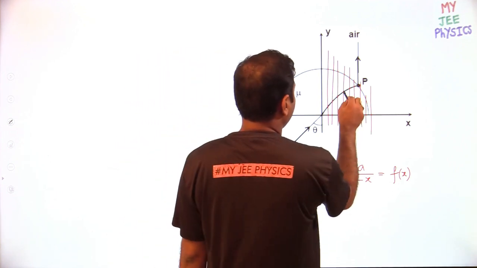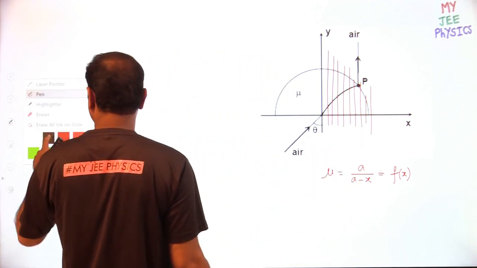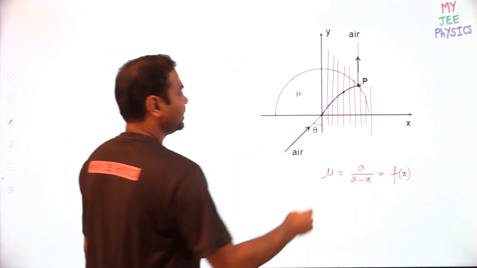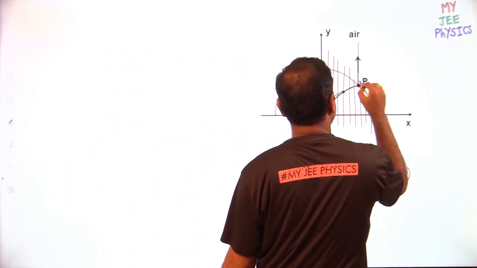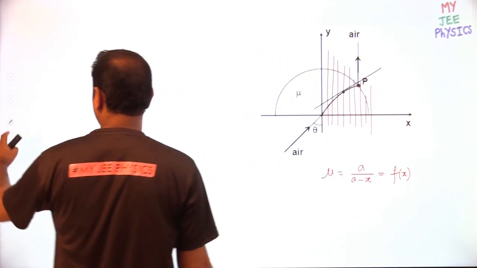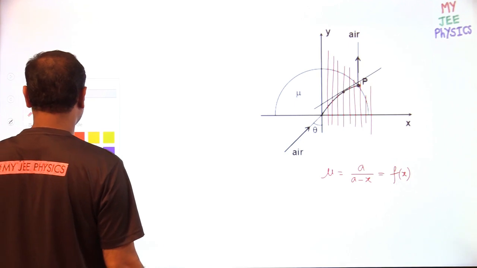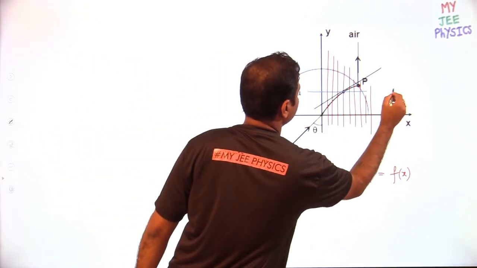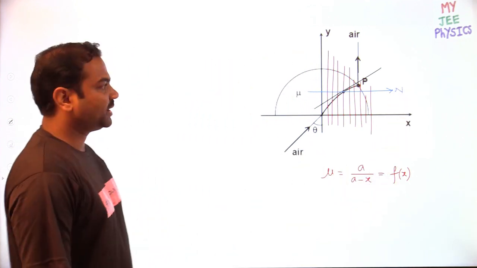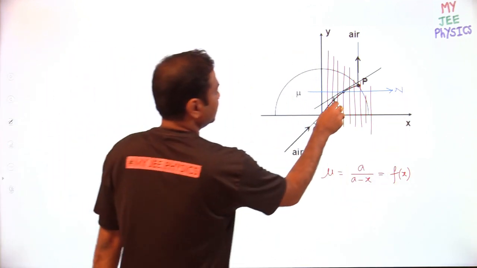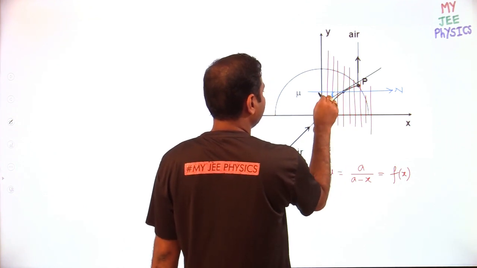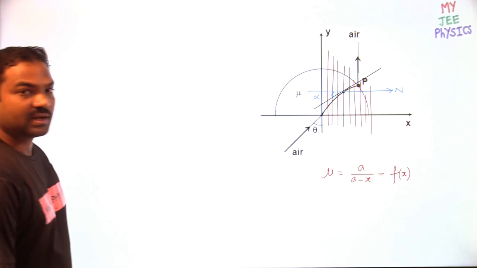So if I take any point inside here, at some random place, and draw a tangent, that is the direction of the light ray that passes through it. And what is the normal? The normal would be something like this, the normal at that point, some random point I am taking. So at this point what is the angle of incidence? Obviously this will become the angle of incidence, which is alpha. Alpha is the angle of incidence.